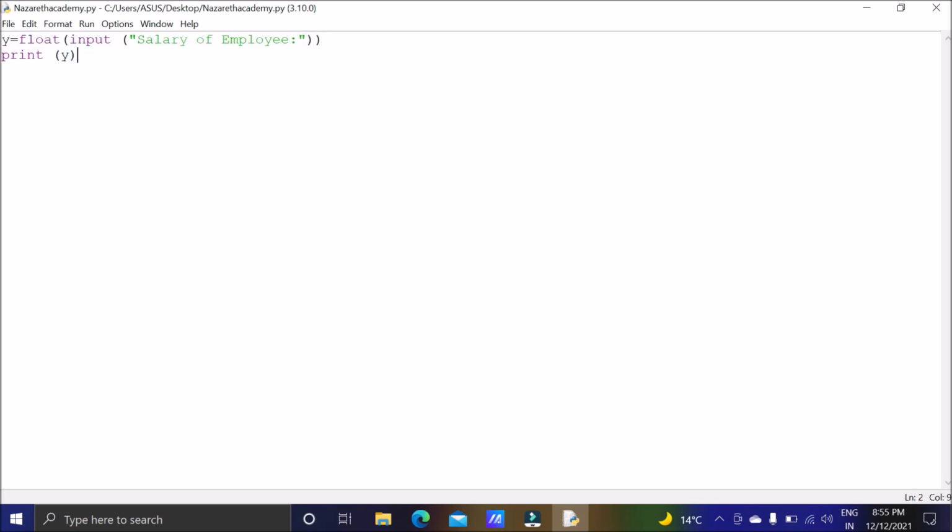So we saw the first function, that was input, how to take input from the user. The input function is used to take some data from the user and then display the data. Directly if I write input, it means that I will take any value as a string. If I want to take a number, then I have to write int and then input. If I want to take a decimal value, then I will write float and then input.